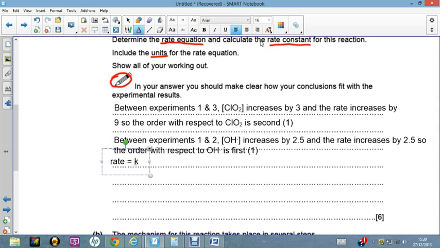K is my rate constant. ClO2 is second order, so that needs to be squared. Okay, that's my rate equation. I'll get a mark for writing that. Then to calculate the rate constant, I'm going to need to rearrange that equation. So I've got K equals rate divided by